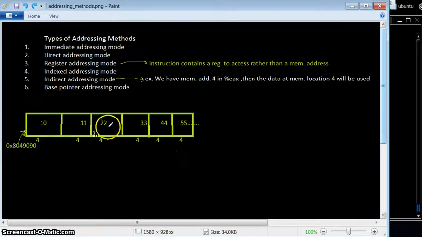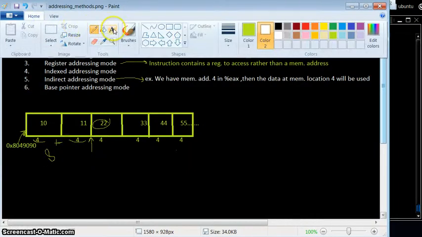If we want to access item 22, so how much offset should we use? Offset of 4 plus 4 plus 4. Okay, so we get an offset of 12. No, sorry, not this one. Actually, if you want to access 22, we should access 4 plus 4. It comes as 8. So basically what we have to do,